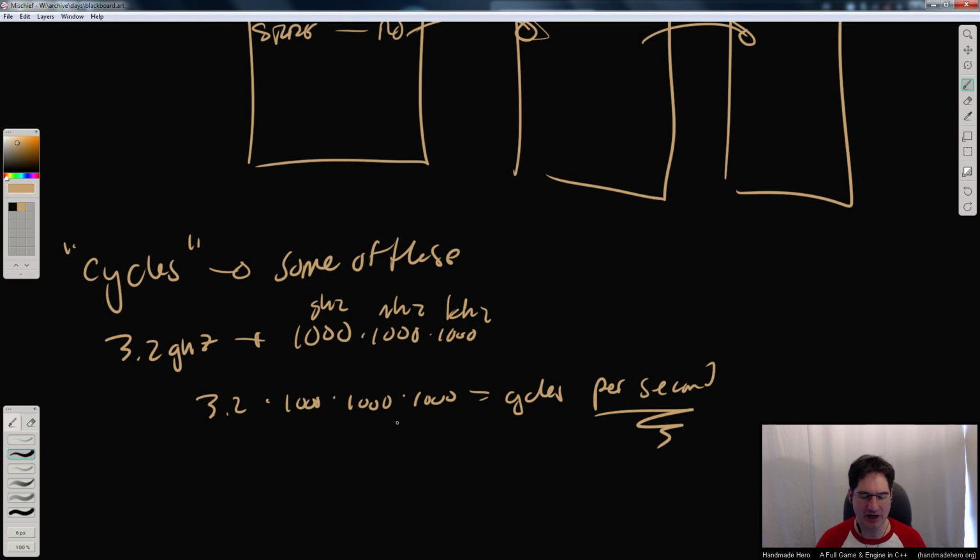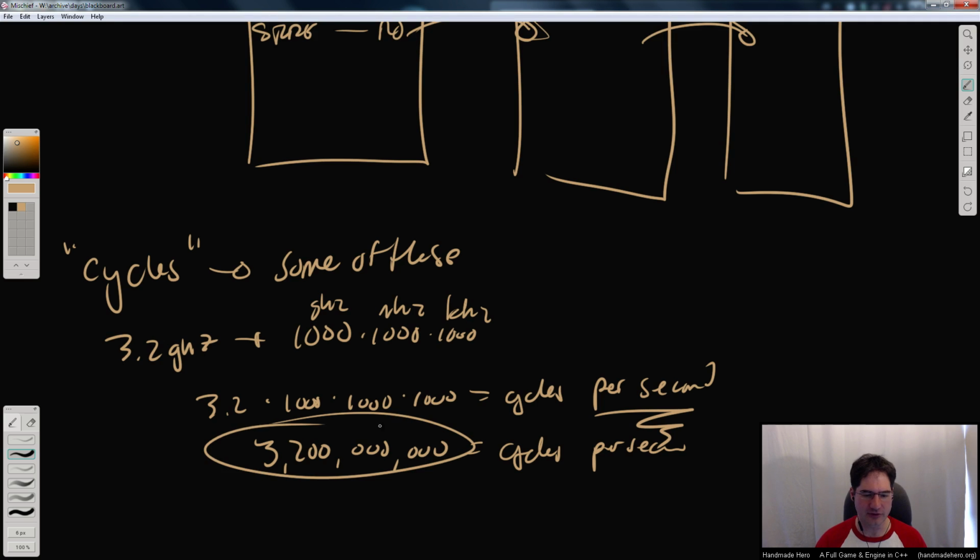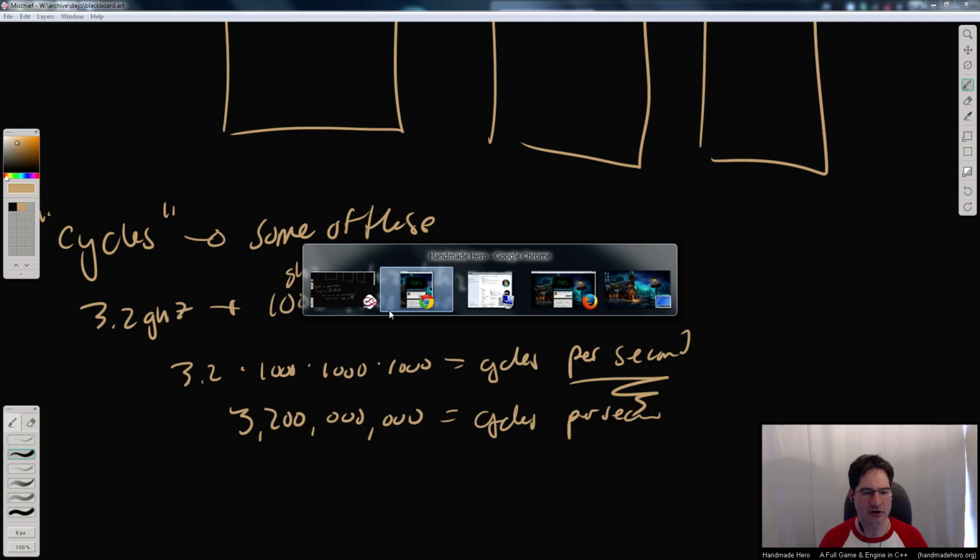Now that can change sometimes, because processors have lower power states, power saving cycles and stuff like that. They might underclock themselves, there's all kinds of reasons it might fluctuate, but at maximum, when it is running full bore, that is what it will do. So that means we have basically 3.2 billion cycles per second. That is how many cycles it's going to go through in 1 second. Now, what's interesting about that,